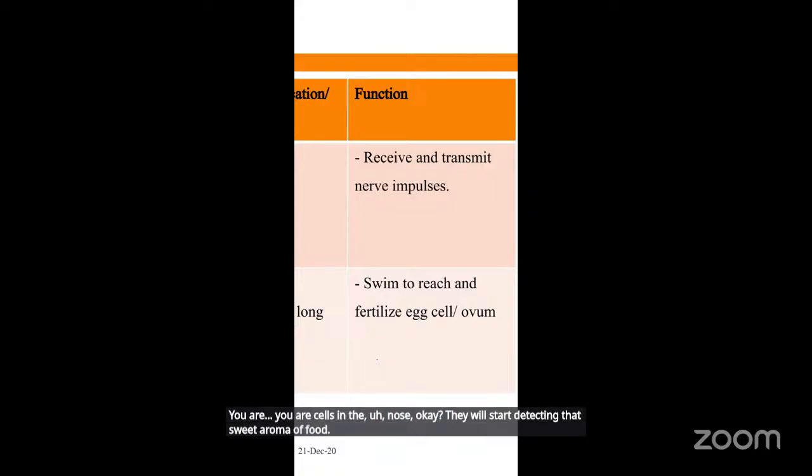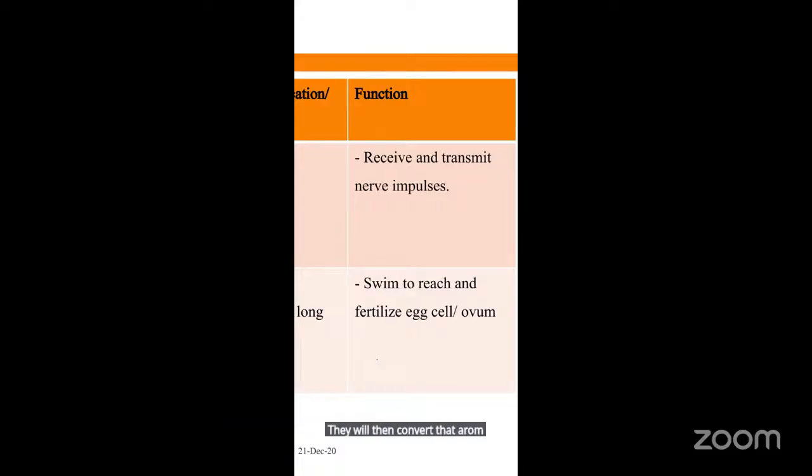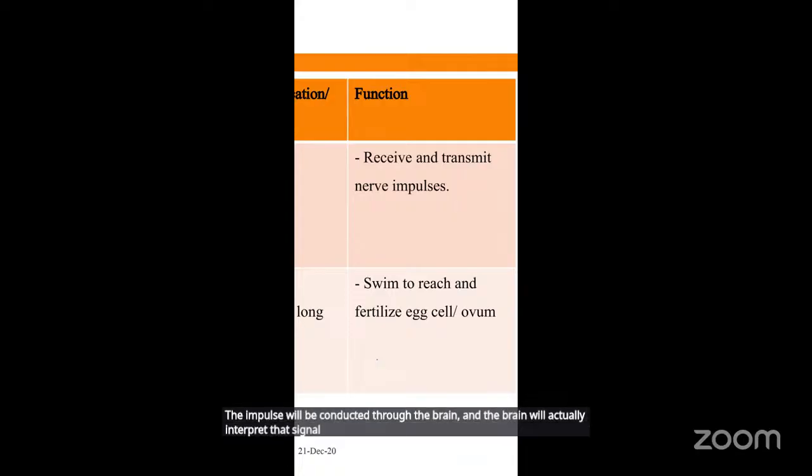They will then convert that aroma into an electrical signal known as an impulse. The impulse will be conducted to the brain, and the brain will interpret that signal and instruct the glands in your mouth to start salivating. That is the reason why we salivate when we smell some sweet aroma,